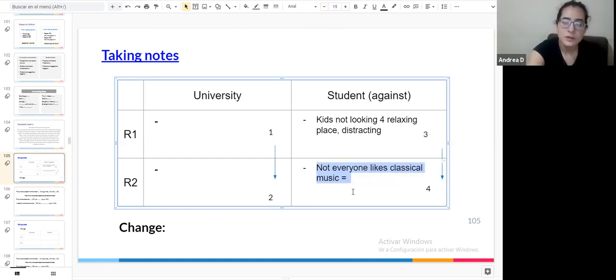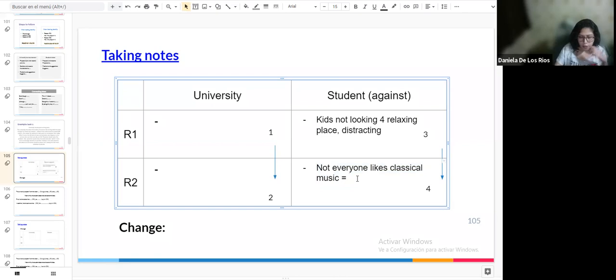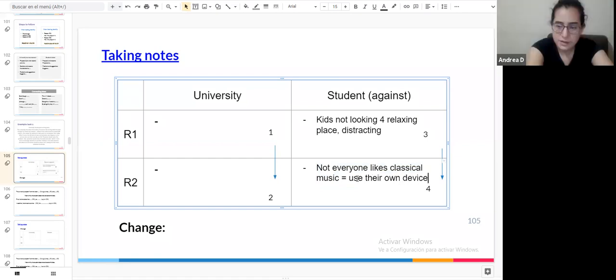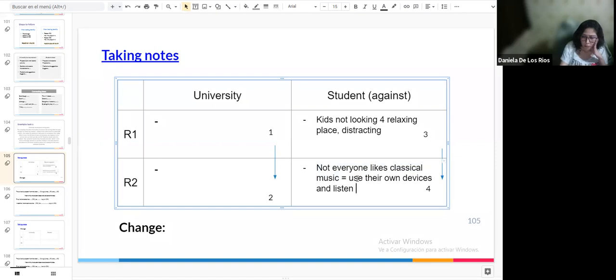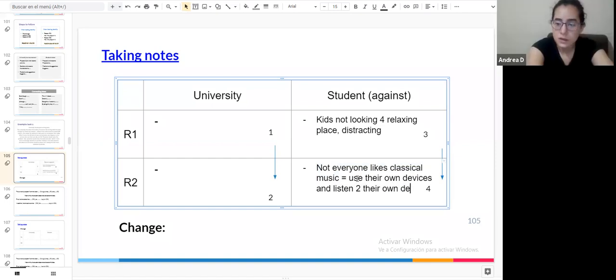So they don't like classical music, so what are they gonna do? I think that they are going to use their own devices to listen to their own music. Okay, that's true. They're gonna use their own devices and listen to their own music. And as a result, that means that they're not really gonna connect with each other, you know, as the university